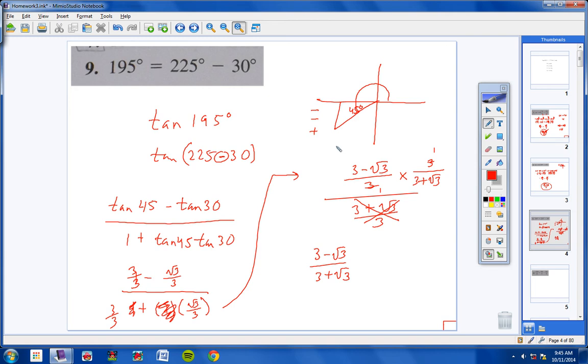No, it is not acceptable. So what they want you to do is this. They want you to rationalize the denominator by multiplying the top and the bottom by the conjugate. So if your denominator is 3 plus square root of 3, you're going to put 3 minus square root of 3. 3 minus square root of 3 minus square root of 3. Now,